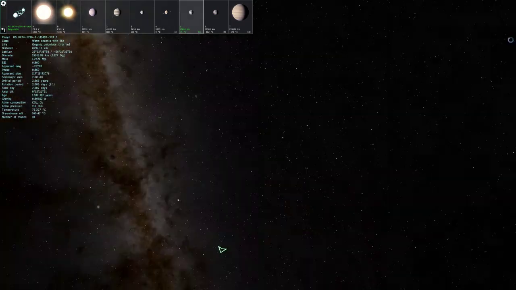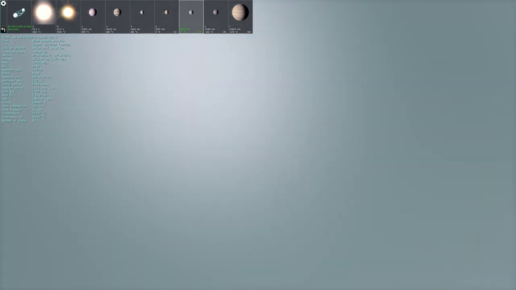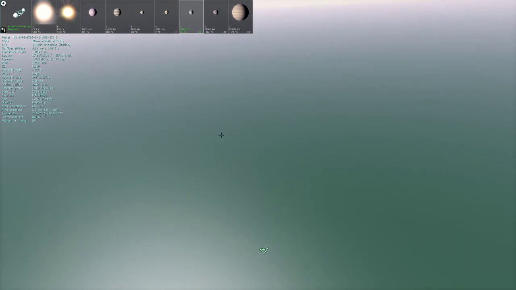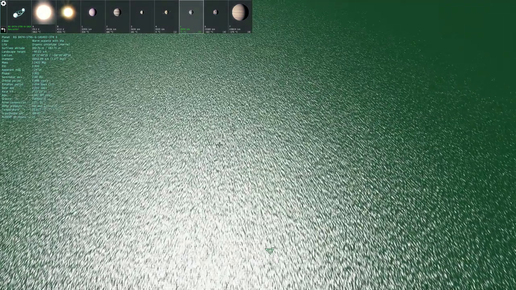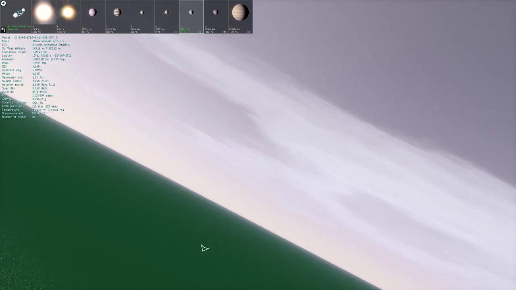I just go underwater, pretty sure I did. So yeah, there's not really much going on in terms of water in this game, so the water texture itself is not really there. It's just kind of got this little reflection map thing going on. And that's essentially your water texture. There's no fancy waves or anything. You can tell the atmosphere is very thick. In fact, the